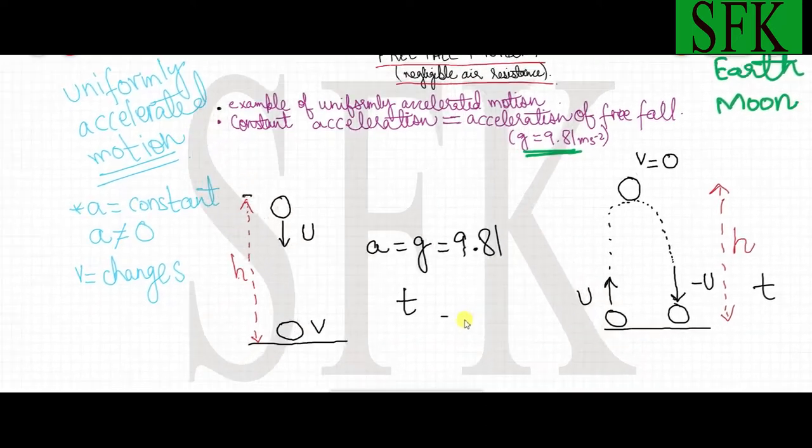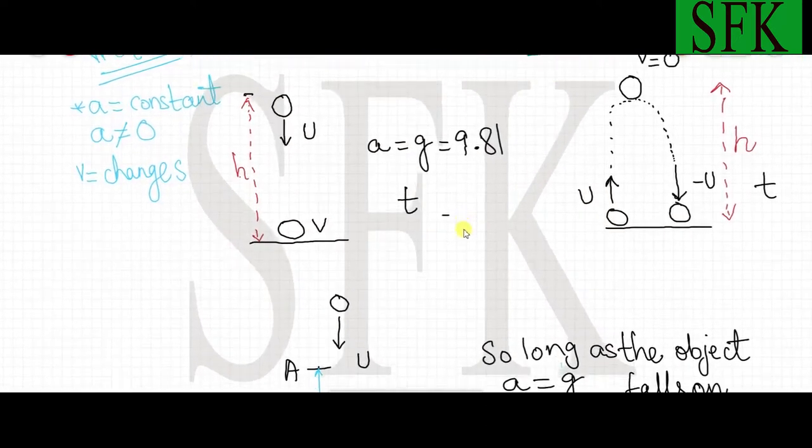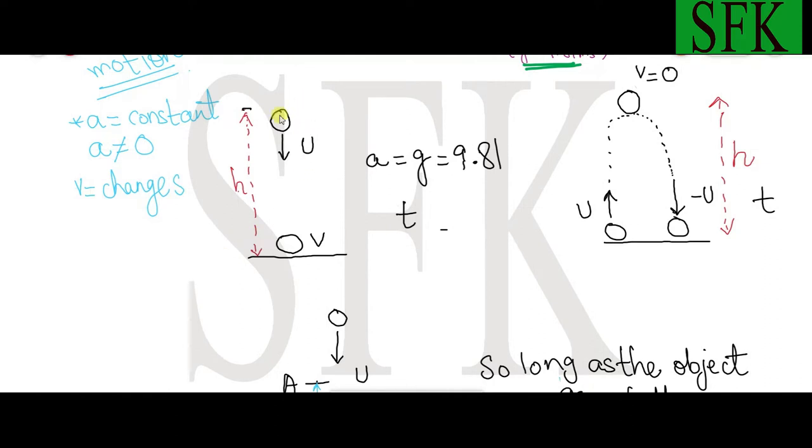Now let's look at a few very important cases with respect to the exam. First case, a ball or any object being dropped from a certain height. This key term drop is important. Anything that is dropped means that its initial velocity u is always 0. Since we are assuming that this ball is falling on the Earth's surface,